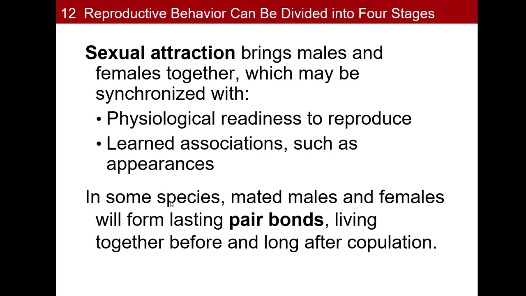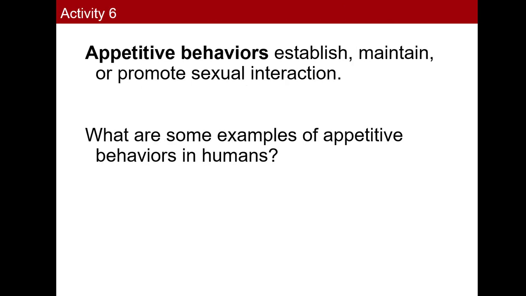I think it's interesting, your textbook talks about how some species have pair bonds that live together for long periods of time, maybe even for life, which if we were in class, I would ask you guys if you think humans fall in this category. Certainly, hearkening back to my interpersonal relations class, our divorce rate is about 50%. So certainly this can happen in humans, but it doesn't always. But there are some animals that mate for life. There are a lot of birds. I think about birds, but I'm sure there are other examples of animals that mate for life as well.